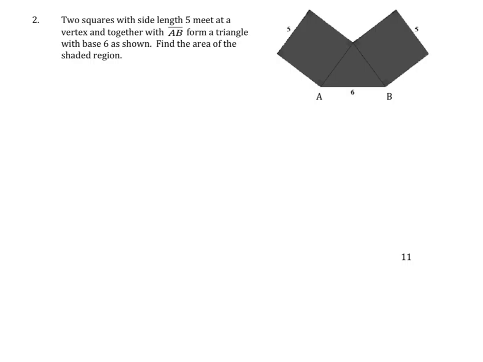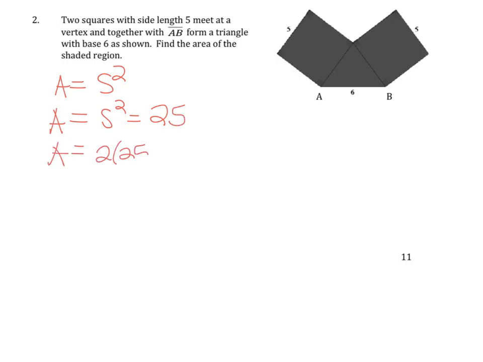Okay, so I know that the area of a square is side squared, and all the sides of a square are congruent, so I have two congruent squares here. So side squared is equal to 25, but I have to account for two congruent squares, so that's 2 times 25, which gives me a product of 50. And I'm going to find the area of the triangle, which I know is 1/2 base times the height. However, I have the base, I do not have the height, so